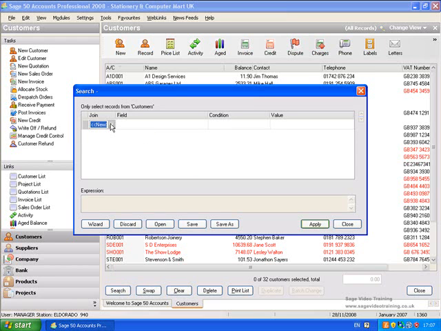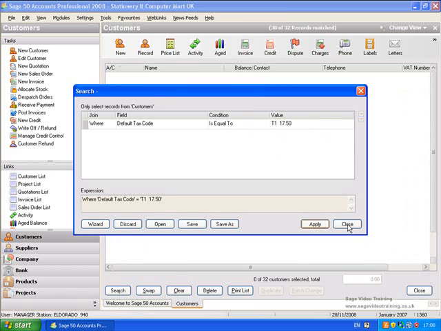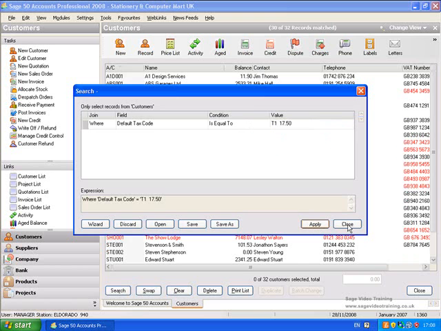and we go to the Join column and select Where, and the field we want is actually default tax code. If we type in a D and then scroll down from there, we'll find it quite quickly. There you are, default tax code. And we want to find the ones where the default tax code is equal to T1. And if we then say Apply and Close,